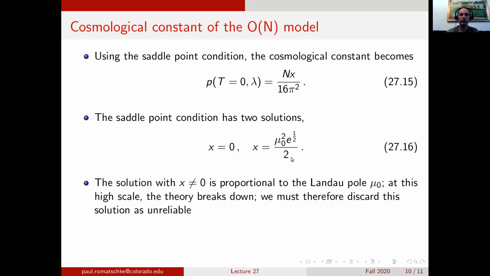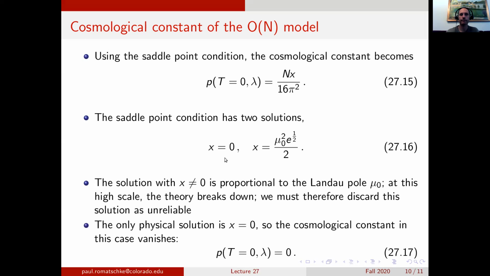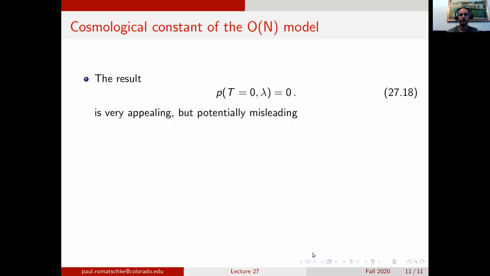So at this scale, we really don't trust that the field theory can be thought of as an exact theory because it's breaking down. We must discard this solution. So the only valid solution is x equals 0. For x equals 0, the pressure or the cosmological constant just vanishes, and that's the result we get. So we find that within dimensional regularization, the cosmological constant is exactly vanishing,